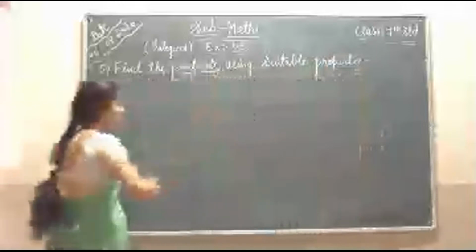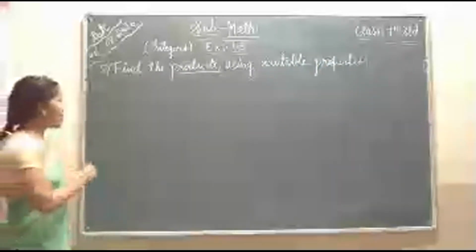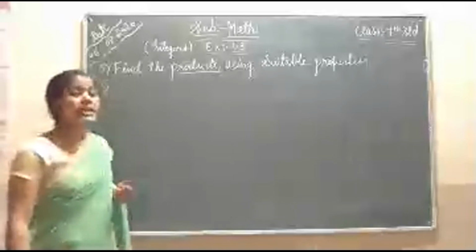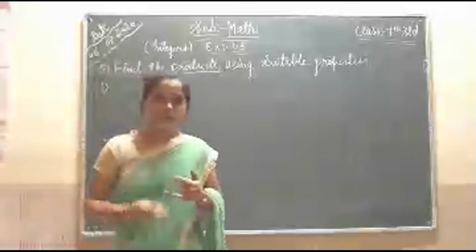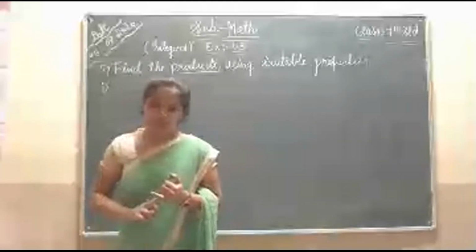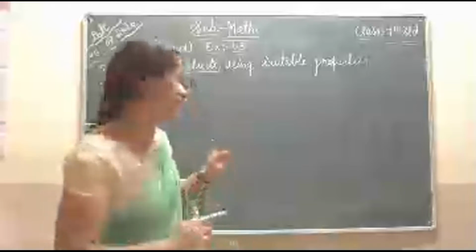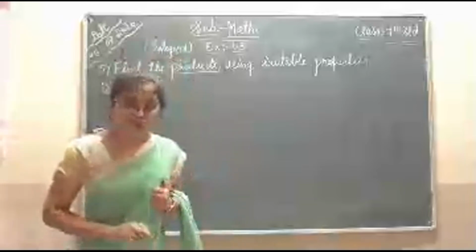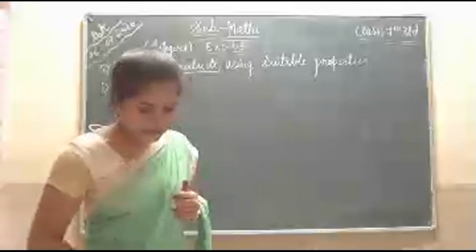Products here, products means multiplication. Okay. In this first one, we should find the product using suitable properties. That is associative property, commutative property, distributive property. There are 3 or 4 properties in these integers. So with the help of these properties, we will solve this. Okay. First question is,